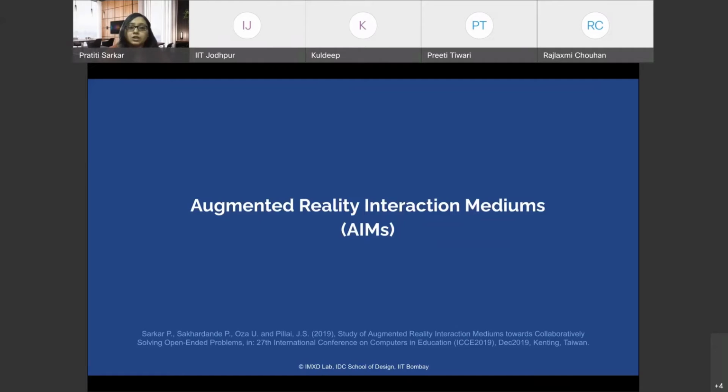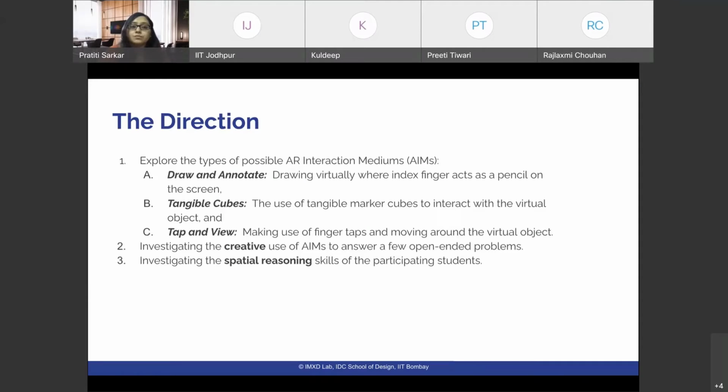Now I'll be talking about the first case study where we actually looked into the different AR interaction mediums, and how the students responded to that, and how their creativity evolved in case of using the interaction mediums. So we narrowed down to three types of interactions, that is draw and annotate, where the students could draw virtually on